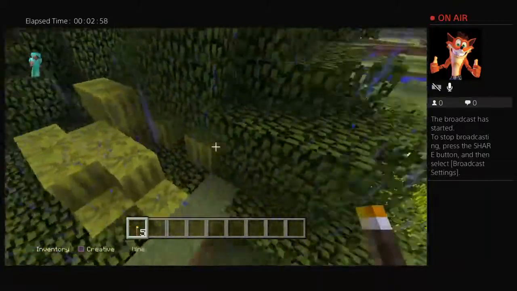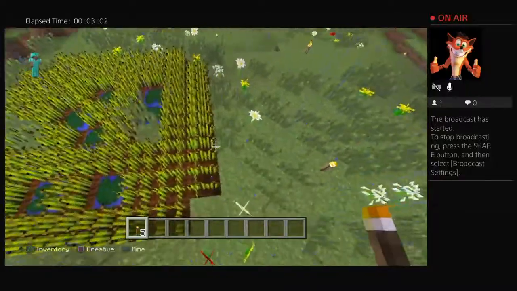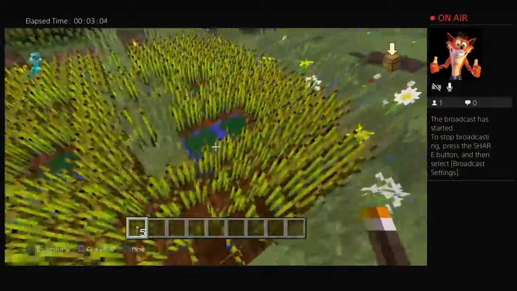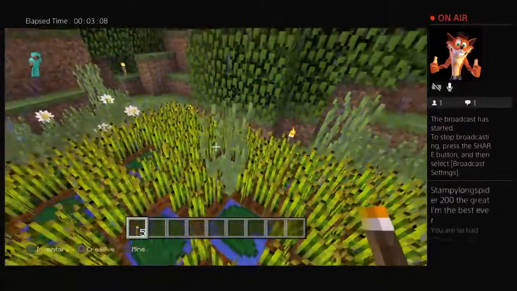And then also for the animals, they would need something to eat, or they wouldn't want to live here. They can't live on flowers. So we did some wheat. So I made some random holes. And then